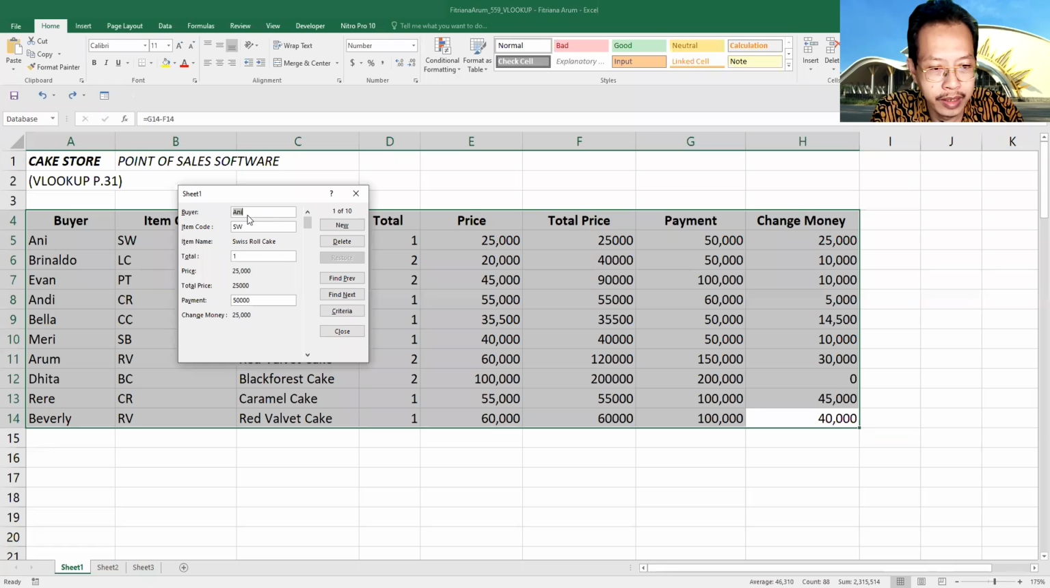The first data is Annie buys the item code SW, the Swiss roll cake, and then the total is 1. So the white boxes here you can use as an inputting system. You can see the money change is 25,000. If you want to look at the next data, you just click find next, and so on. If you want to input a new data, what you have to do is just click here, new,